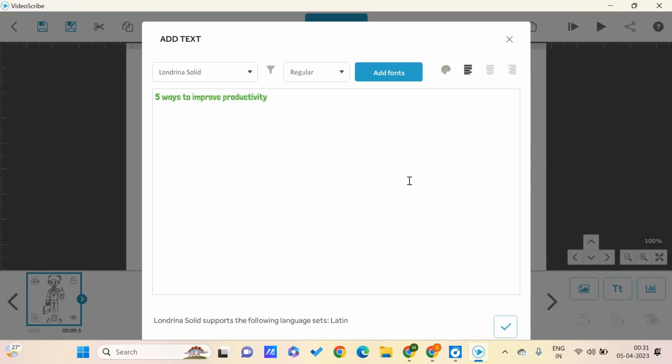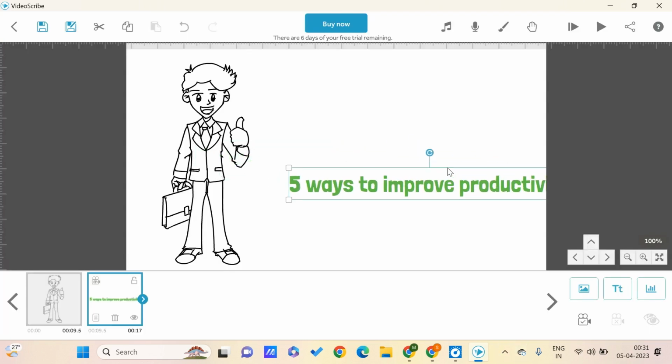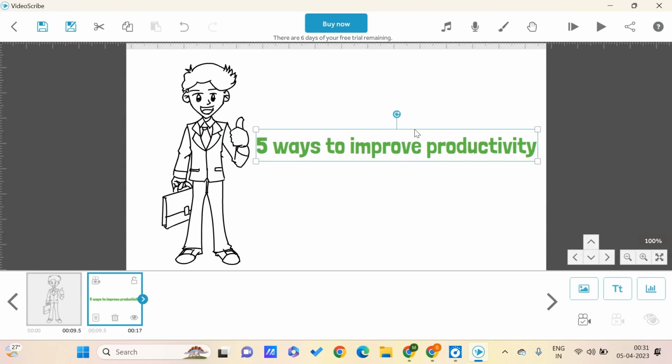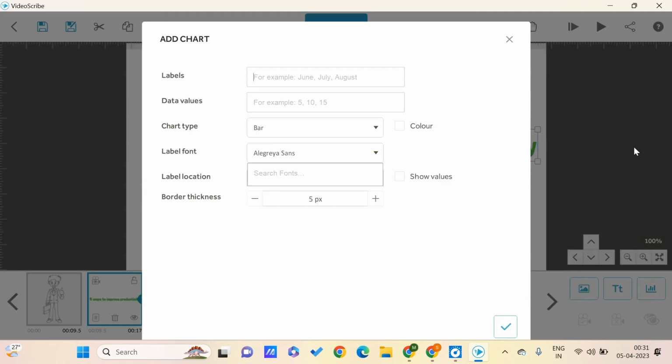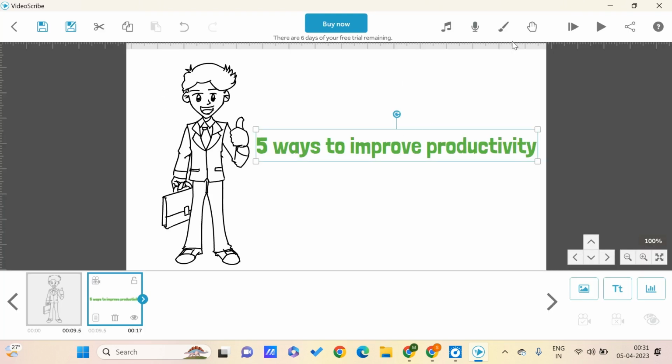And once you are done with all the changes, click on this, and here you can find it. You can just drag to adjust this. It's very simple. And here we have something like you can add a chart also with some values and all. So this is something that you might use optionally, but this option is also present. So once we are done with these things,